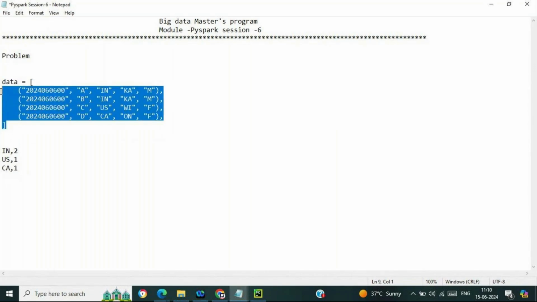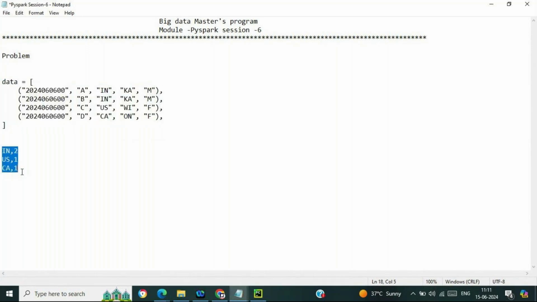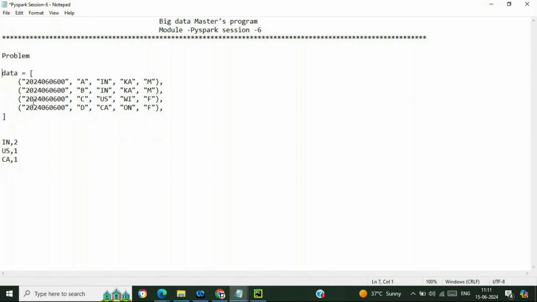So this is the data set and I want to have this particular outcome. Now it's up to you how you will be able to solve this. Take your time and come up with the solution. If you are having any confusion, then you can ask. If you are not able to get anything, then you can ask.